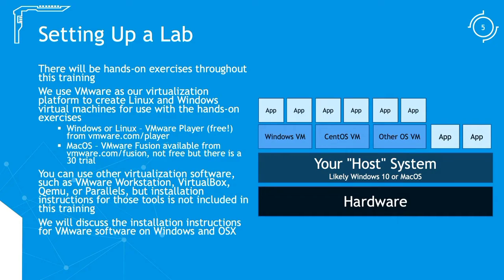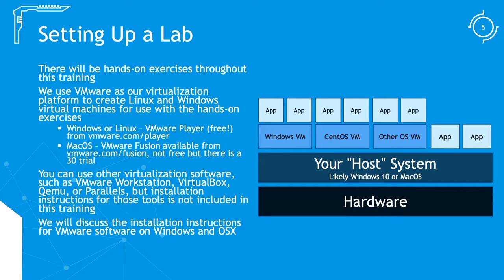Now, why do we need virtualization? Well, what it allows us to do is run a number of different operating systems on top of our host operating system. Your host operating system is probably Windows of some kind or Mac of some kind. A few of you may even be using Linux. What this allows us to do then is build the operating systems on top of that in these virtualized containers, if you will, so that we can all have the same underlying technology, the same Windows VM, the same Linux VM, so that we can use that with our lab exercises,